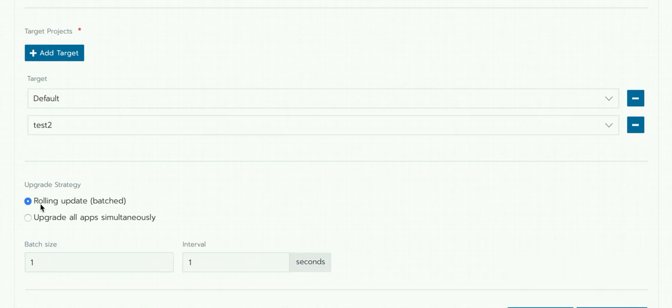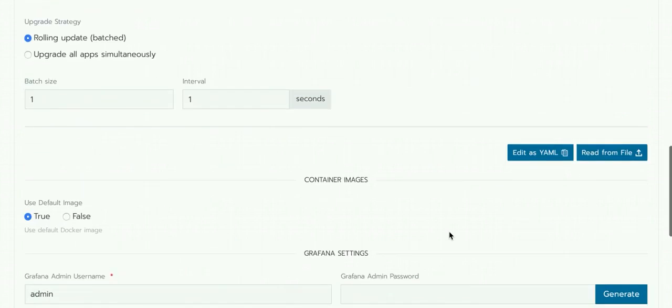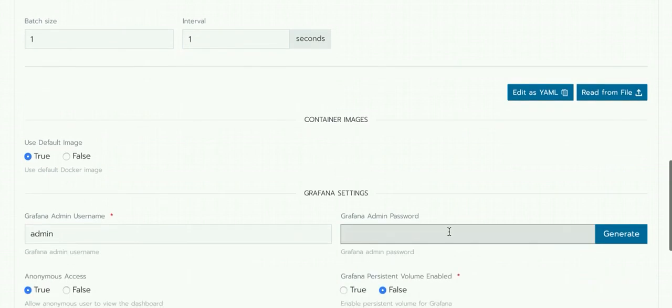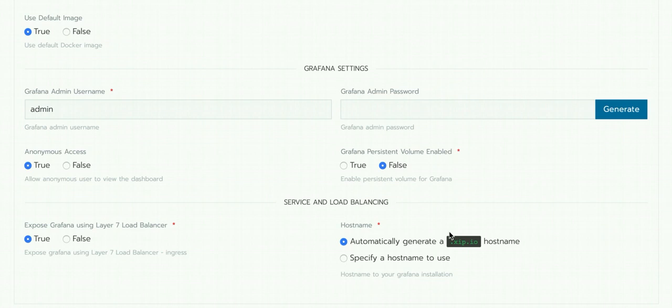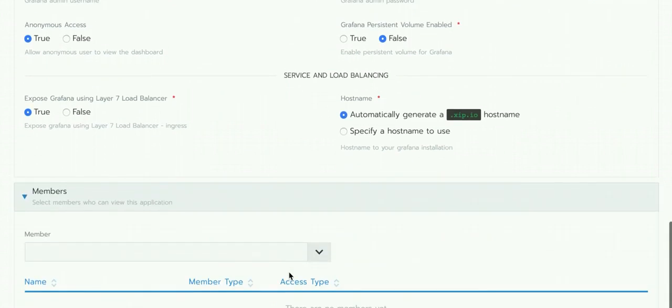I'm going to choose an upgrade strategy, which is my rolling update. I will leave the default values of the batch size and the interval. And then for rest of the settings, I'm going to leave more or less default. Now what we notice here is there is nothing for admin password. So I'm going to leave it because I want to override it per cluster. There is a username though called admin, which I'm okay with. All right, so with that,